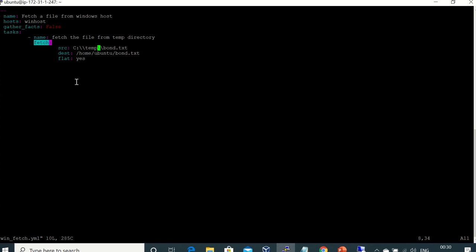But suppose Ansible doesn't have a particular module for Windows, then what? Then you have PowerShell scripts. Create a PowerShell script and trigger it using Ansible. That is also one option. So you can even trigger PowerShell scripts using Ansible. That is how amazing Ansible is. You can do the entire configuration management of Windows using Ansible.